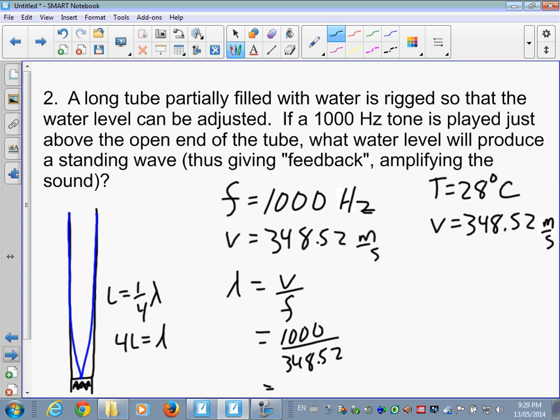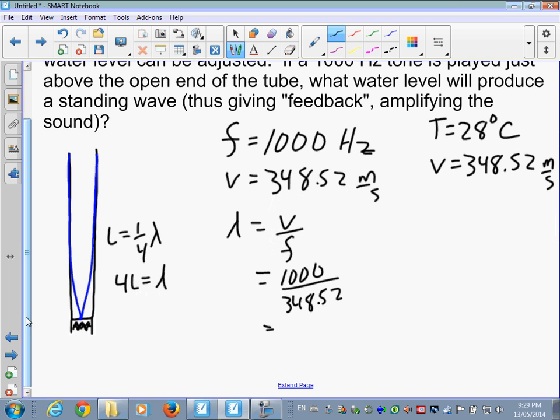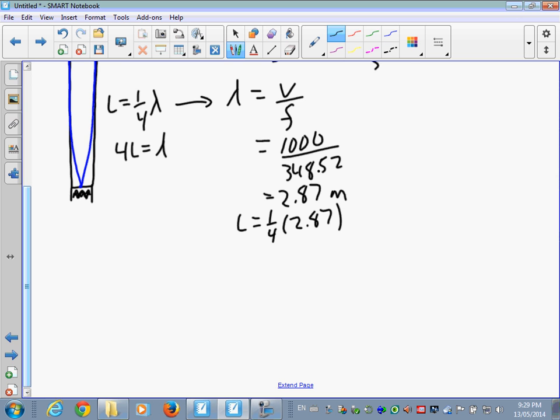I get a wavelength of about 2.87 meters, a fairly large wavelength. So the length of the tube has to be 1/4 of that. So L is 1/4 of 2.87 meters, and that gives you approximately